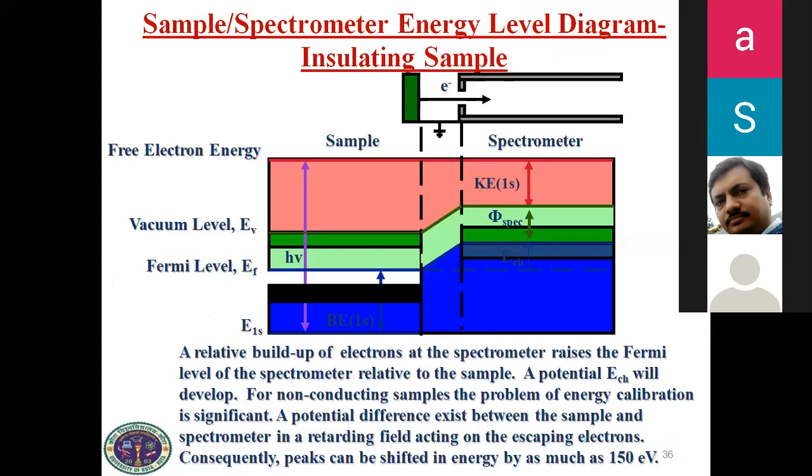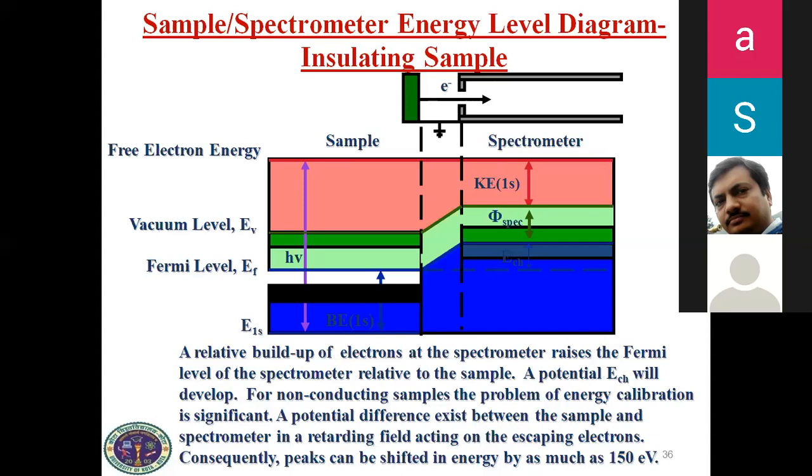But when we are using an insulating sample, the electron accumulation on the surface raises the Fermi level of the sample. And this increment of the Fermi level can be seen here. It is by the value ECH. This blue line of the sample Fermi level and this blue line of the spectrometer Fermi level are separated by the ECH potential. And hence for Fermi level matching between sample and spectrometer, a potential ECH has to be applied, or electrical calibration of the instrument is required if available.